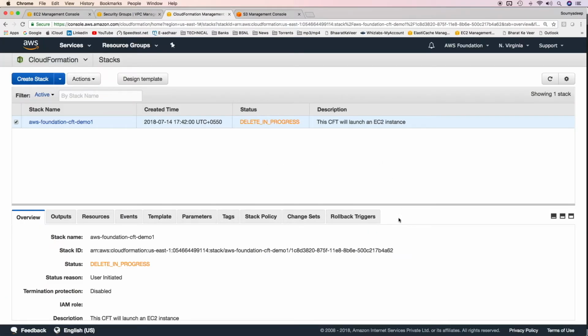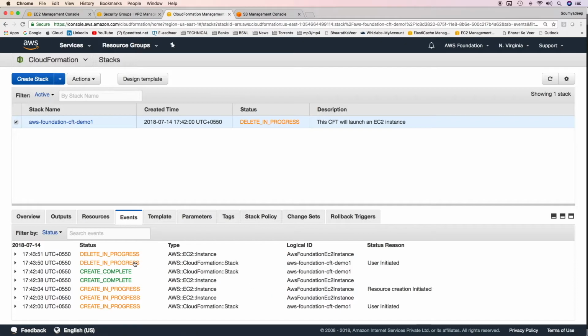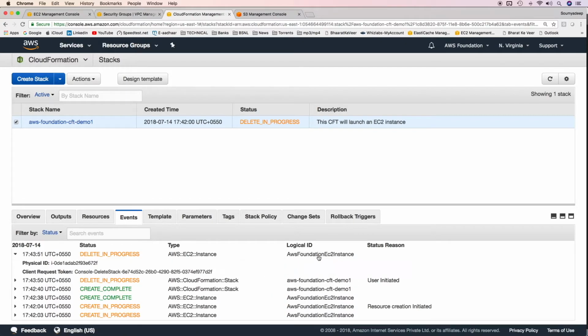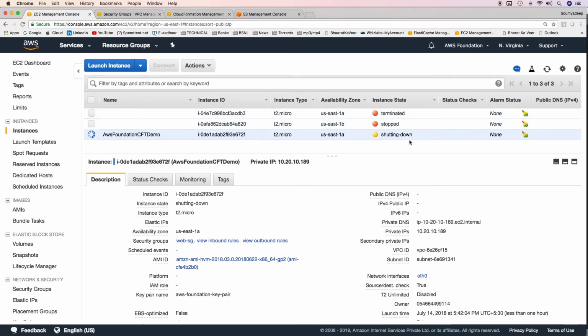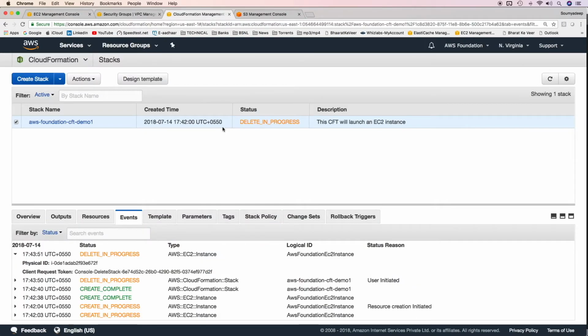I'm deleting the stack. In the events, it will show you that it is going to delete this logical ID, basically the EC2 instance. If you go to the EC2 console, you can see that the EC2 instance which was created is being terminated. That means if you delete the stack, all resources which were created using this CloudFormation template would be deleted. There's a catch here.